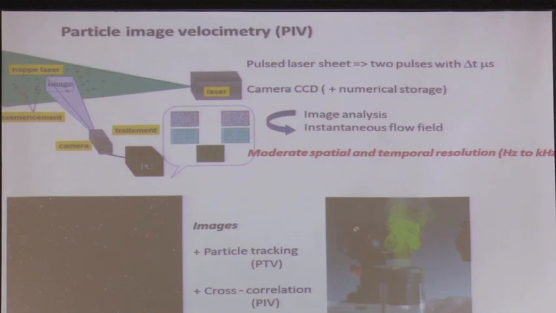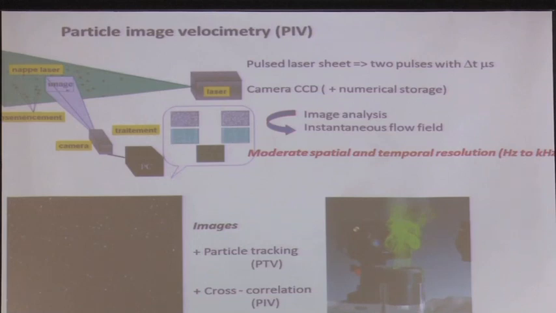Okay, so we are going to try to select particles as small as possible, not too small to be able to see them, and with a density as close as possible to the fluid. So they will follow exactly the fluid streamlines, like passive tracers. Okay, and sometimes it's not very easy to find them, and it's quite costly actually. So in water, for example, we try to have density matching. So you are sure that you don't have any settling bias on your experiment.